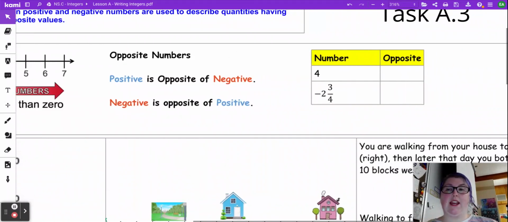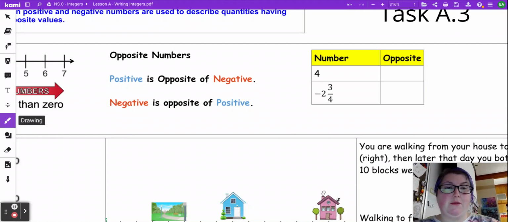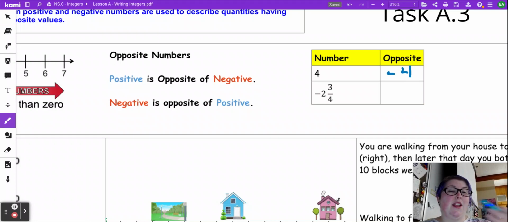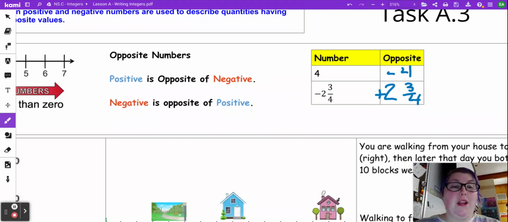So when we say we have the whole number of 4, we want to write the opposite of 4. That would be negative 4. The opposite of negative 2 and 3/4 is positive 2 and 3/4. Now, you will sometimes see people write the plus next to the 2 to indicate that it is positive. You can do that, but if there's no symbol, we also assume that just written down 2 and 3/4 is